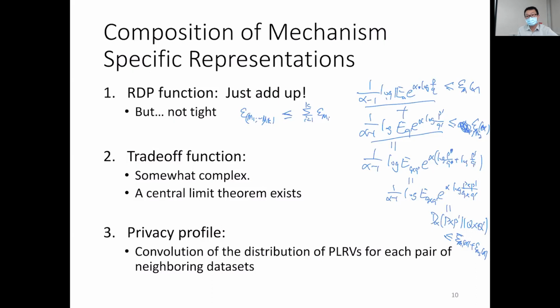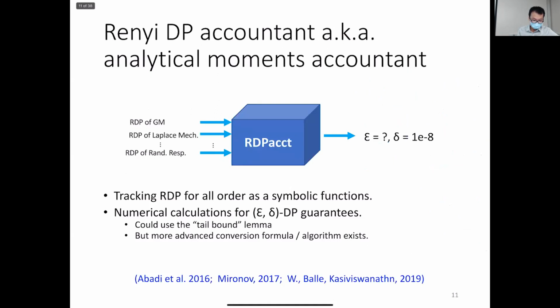For the other two functional representations, the trade-off function and the privacy profile, they are somewhat more complicated. And we'll explain that in the subsequent slides. But the nice thing about Renyi DP is that it allows us to very easily implement this in practice. Provided that we know the Renyi differential privacy of individual mechanisms, we can pass that into something called a Renyi DP accountant, also known as a moments accountant, and by simply adding up their log moments, or adding up their Renyi DP upper bounds,